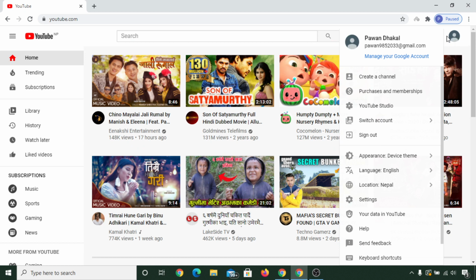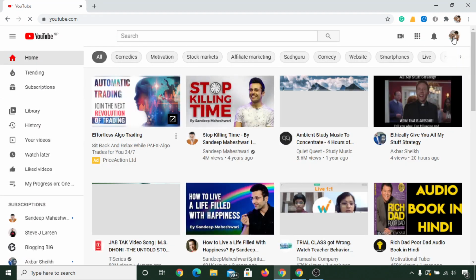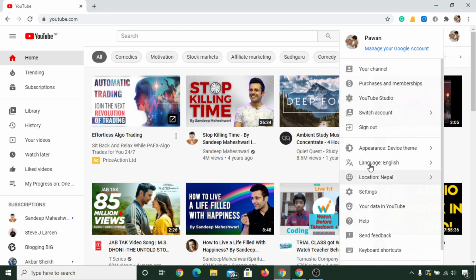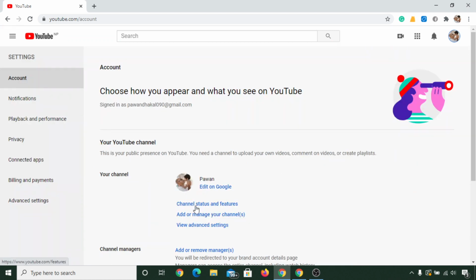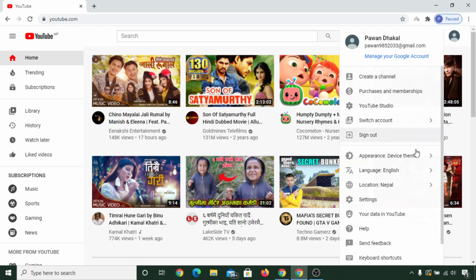Now if I click on here, you can see a button where it says create a channel. If you already have made a channel, then you will not see such a button. You can see your channel, but you don't see a create a new channel, and in that case you need to go to settings and then add or manage your channel, and then you can click on create a new channel. And if you have a brand new Gmail account, then you can simply get a create a channel button here. Simply click on that